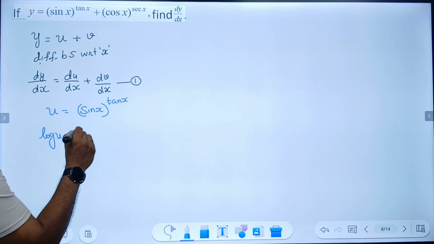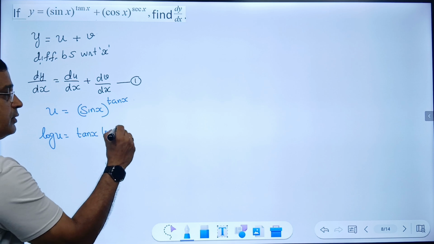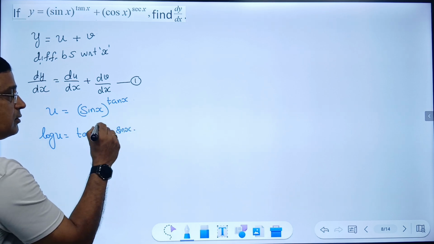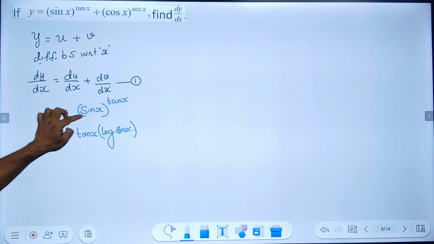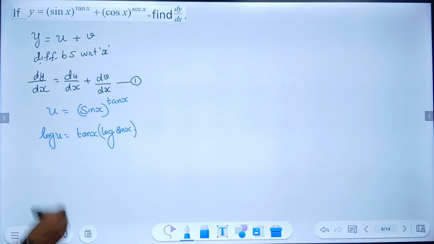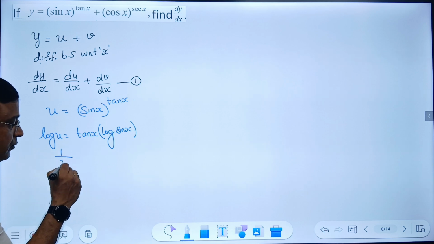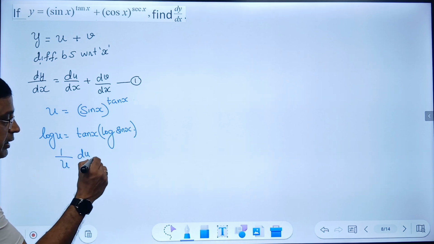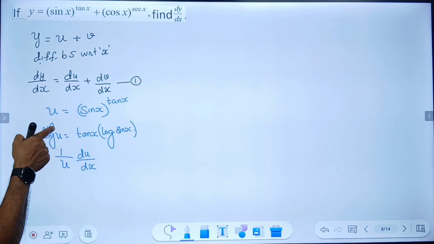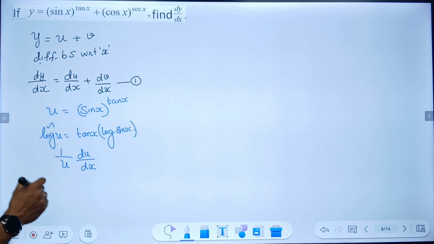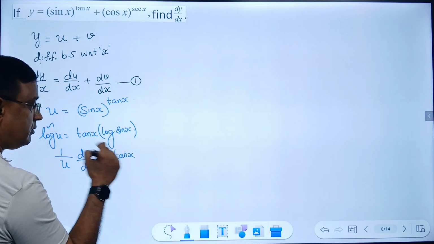Log u equals tan x log of sin x, because log a power n is n log a. Now differentiate. Differentiation of log u is 1 by u into du by dx. First I differentiate log, then I differentiate u. So du by dx equals u into, with u being tan x,